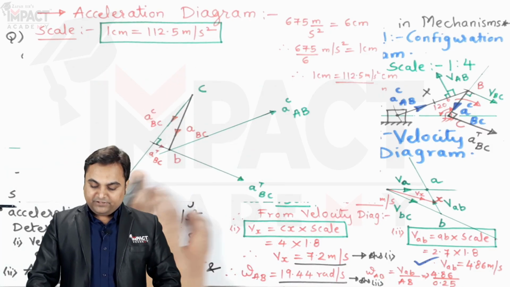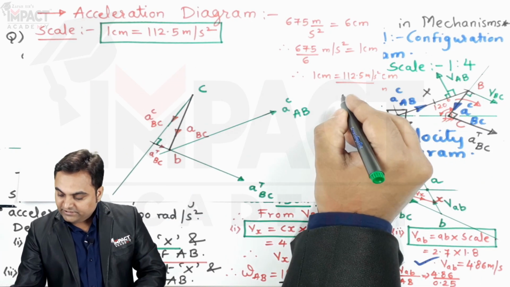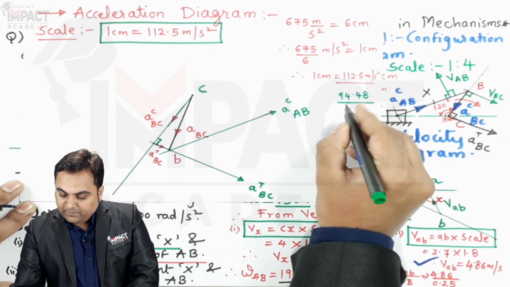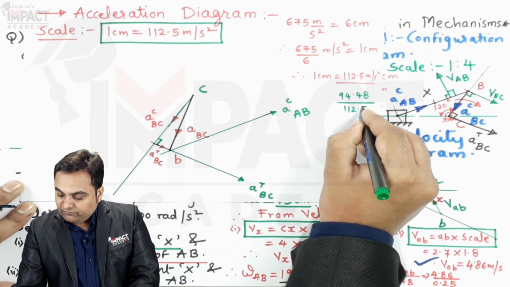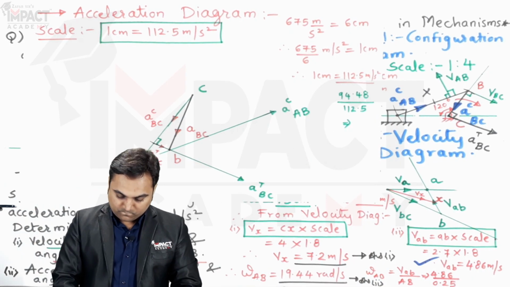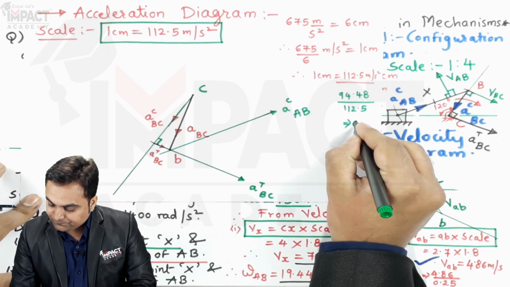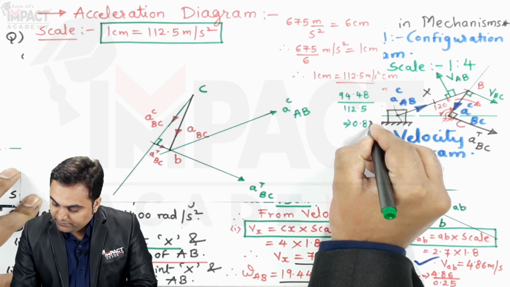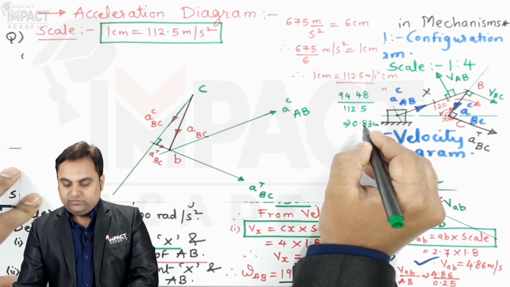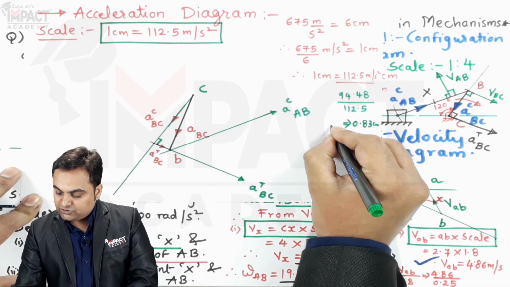Scale is 112.5. So 94.48 divided by 112.5 gives me the value as 0.83 centimeters. So this is the value of centripetal acceleration of AB